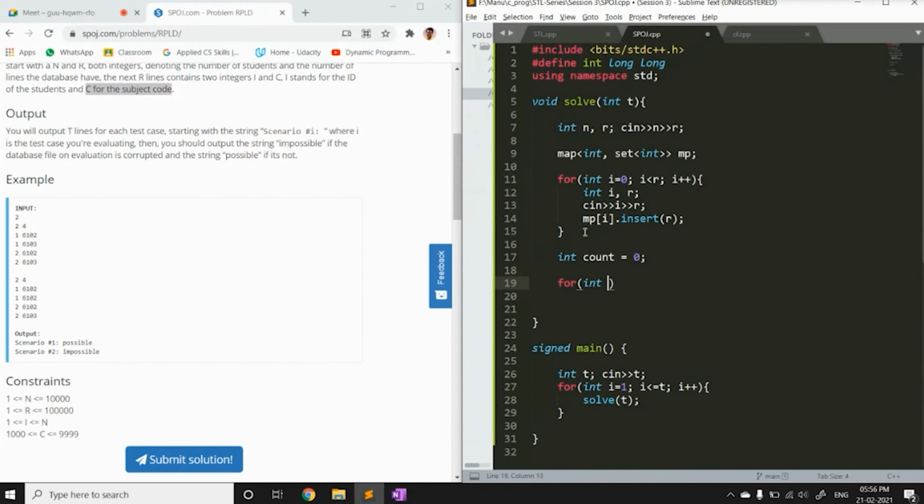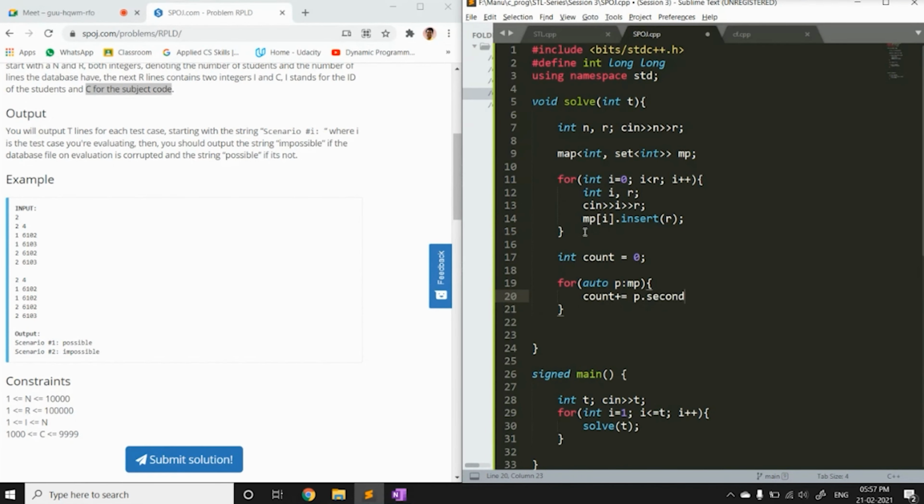So in order to count all the courses that a particular student has taken, I will use this for each loop, and I will add to it the size of the set.